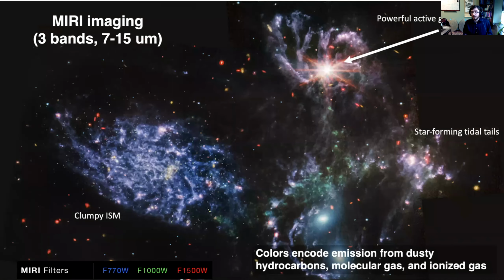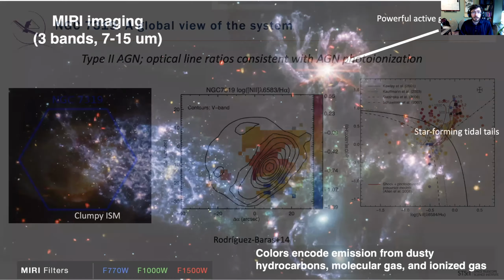But by the time you look out into mid-infrared, about 15 or 20 microns or so, this is becoming a super bright, very obvious source. And that's the AGN that we're interested in studying today.